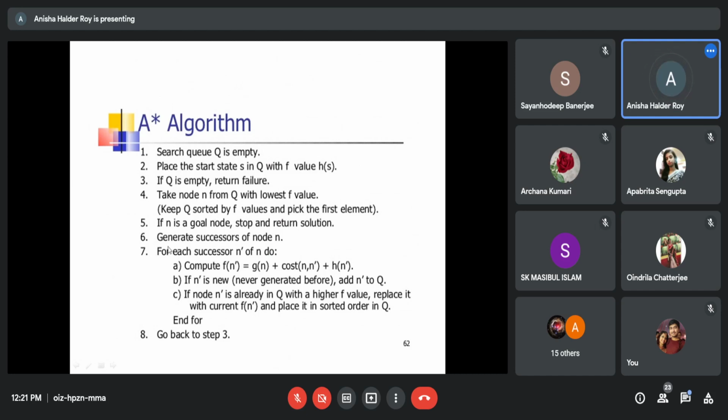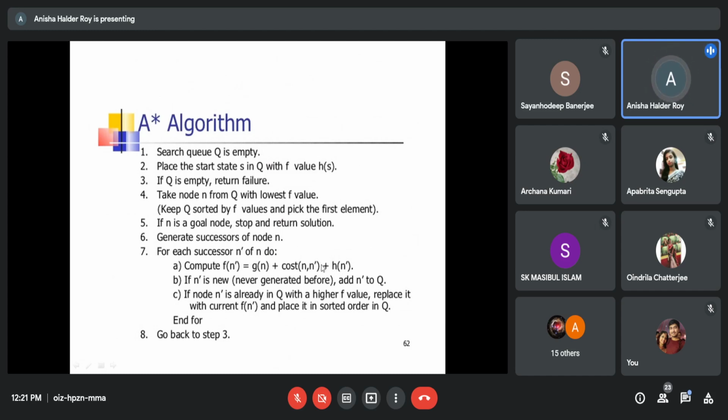If n is the goal node, stop and return. If not, generate the successors of node n. All the successors you have to generate. For each successor n dashed of n, do what? g(n) plus h(n). Here the cost function is not given.